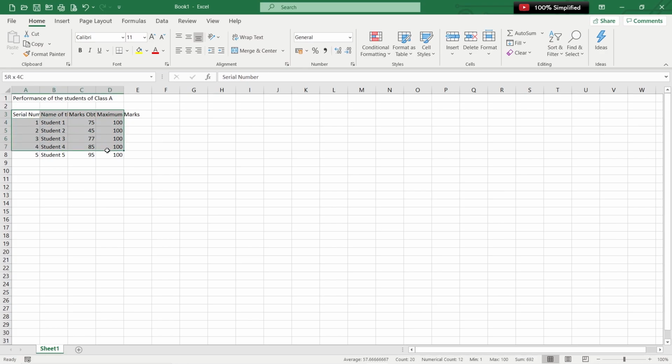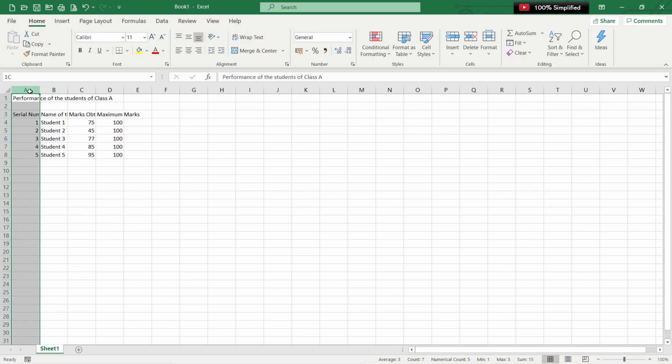So always remember, the first thing whenever you enter data, after that you have to start doing formatting of data. This is very important when you are writing anything in Excel. We would be covering formatting of data, data entry, functions, all other features of Excel in our subsequent videos. But for now, just get an understanding of how we format the data in the simplest way. So as I said, once you are done entering the data, always try to adjust the width and the height of the cells. Previously, I had mentioned that every cell has a height and a width to it.